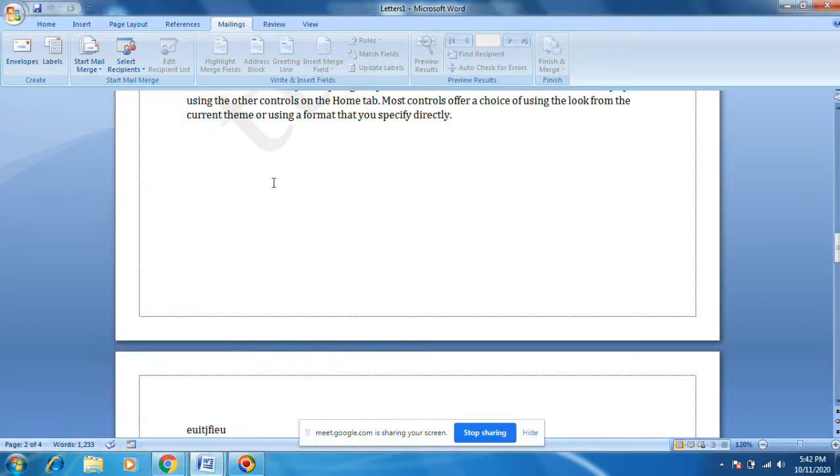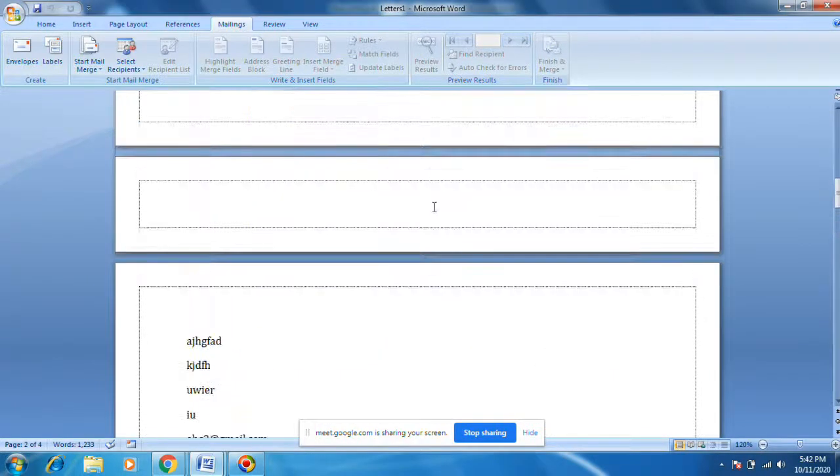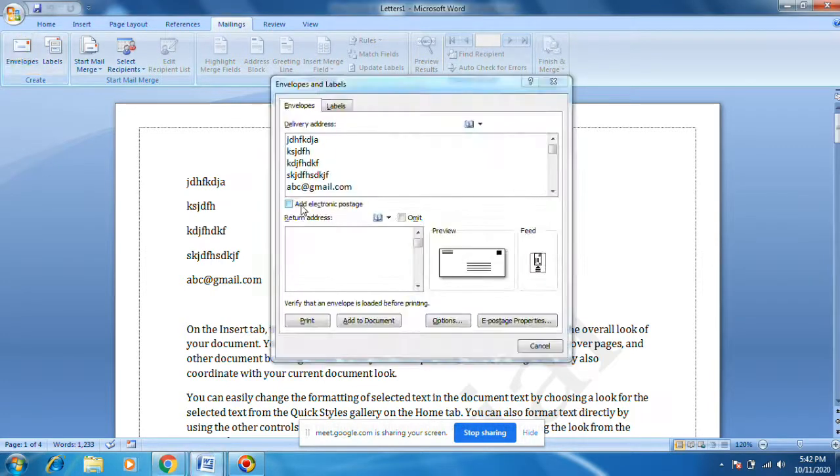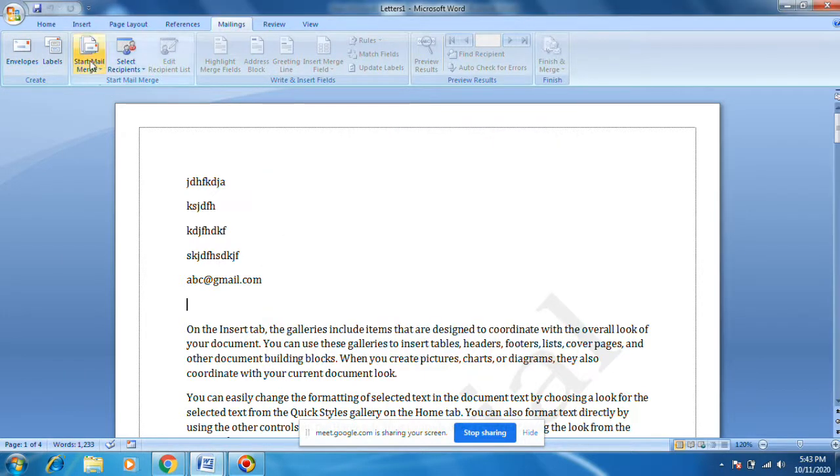I don't know how many people are using this mail merge nowadays. This is the only interesting thing here. I don't think we will use this envelope and all those things. Forget about this. We will not use these.